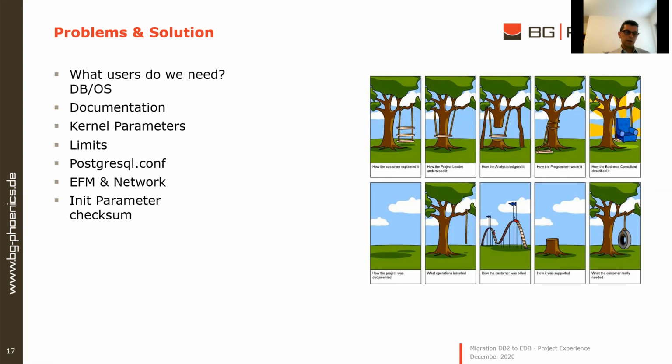Find out the right concept for namings. Which users do you need on database side, on OS, on Active Directory? Which users must belong to which Active Directory role? And we have a special database security concept for roles. And think about it, build it via scripts, and you can automate it from the cloud.